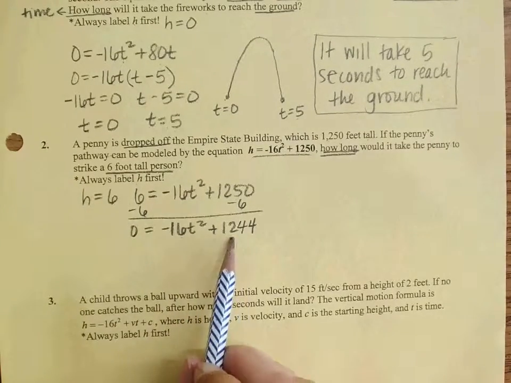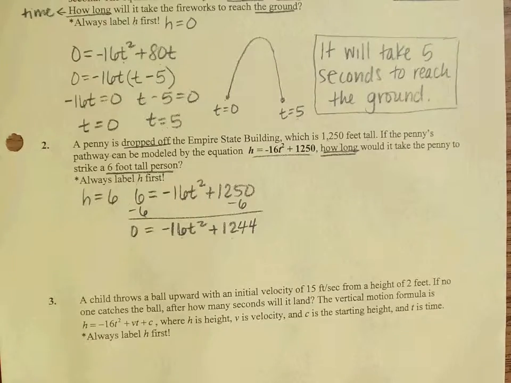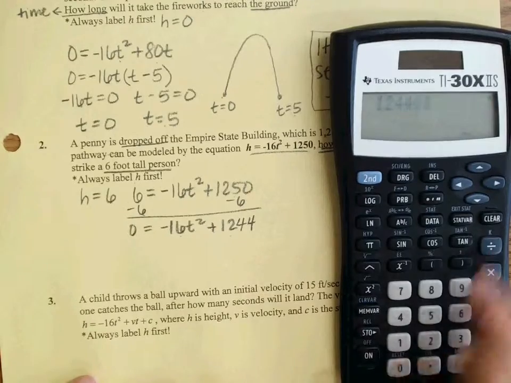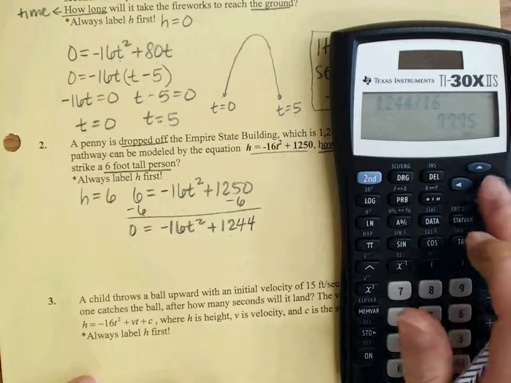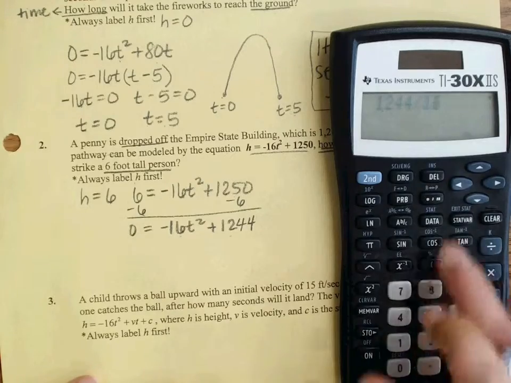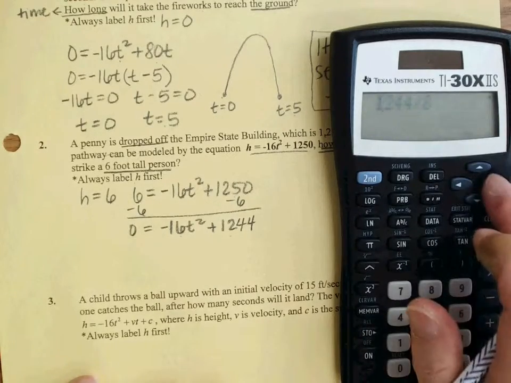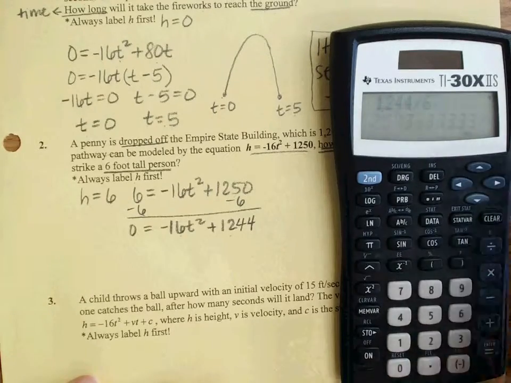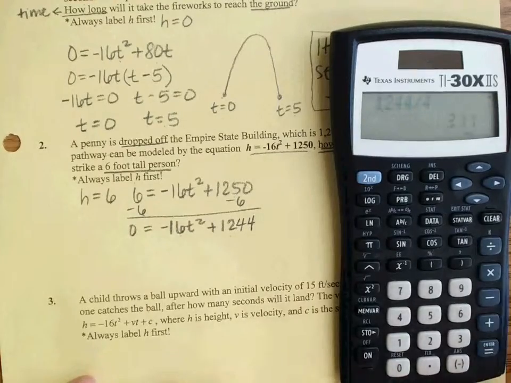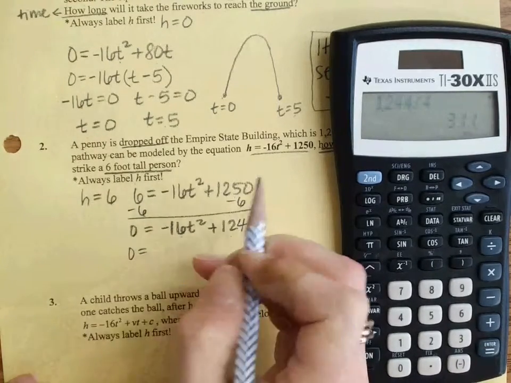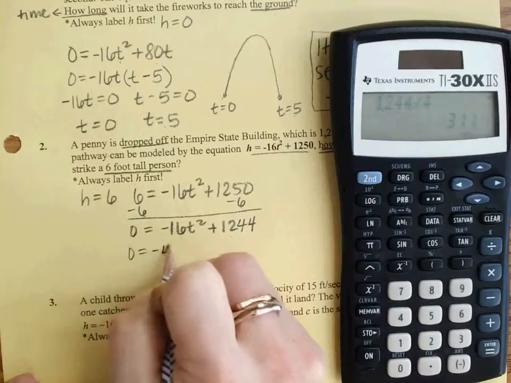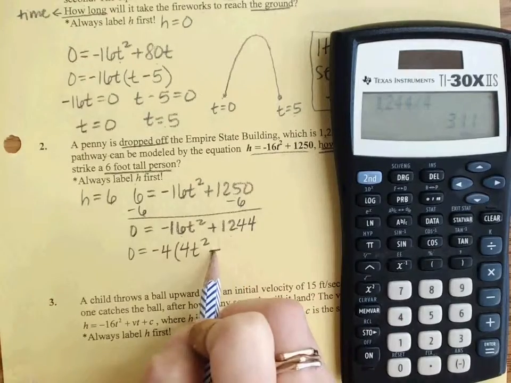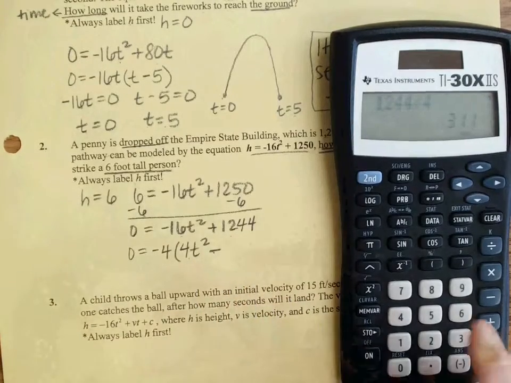Okay, now for this problem, I could factor to solve, and let's go ahead and see the GCF that goes into 1,244. I actually don't have this in my answer key, so we'll go ahead and do this real quick. 16 does not go into it evenly, so let's go ahead and try 8. 8 doesn't go into it evenly. Let's try 4. 4 does. And then real quick, we'll try 6. But 4 was my GCF that went into it evenly. So what I'm going to do is factor out that negative 4. And then I'm left with 4t squared minus, and so I like having that minus right here and my first term being positive,